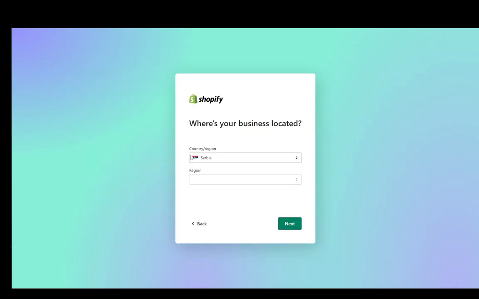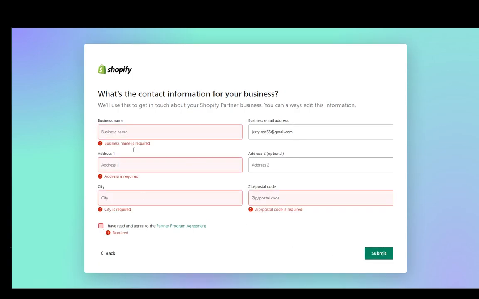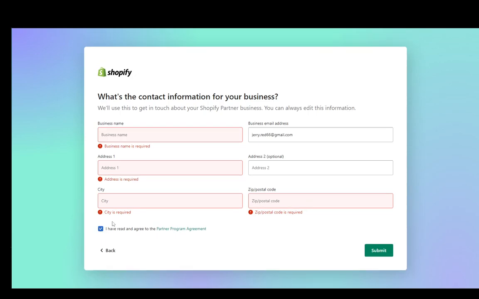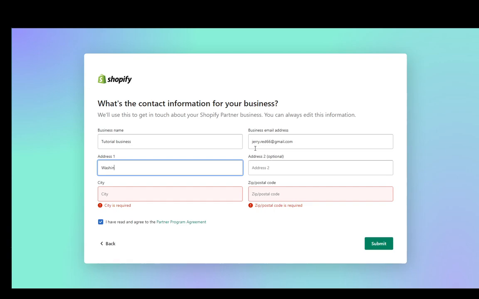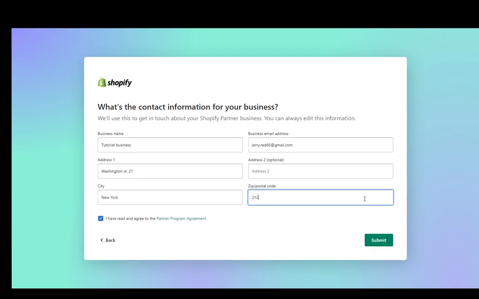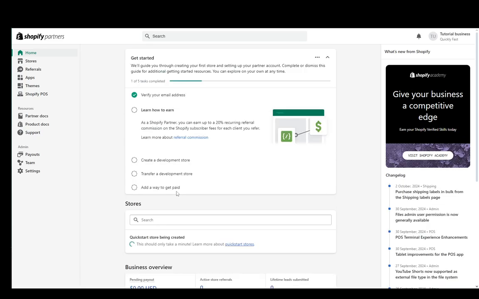I'm just going to select other, and I'm going to just click next and submit everything. As you can see, all of these are required, so I'll just do this, for example, and I don't know, Washington Street 21, for example, city, New York. I'm not even sure if that is a real address and everything, but it doesn't really matter. I'll just submit those fake pieces of information, and as you can see, now we have the option to enter